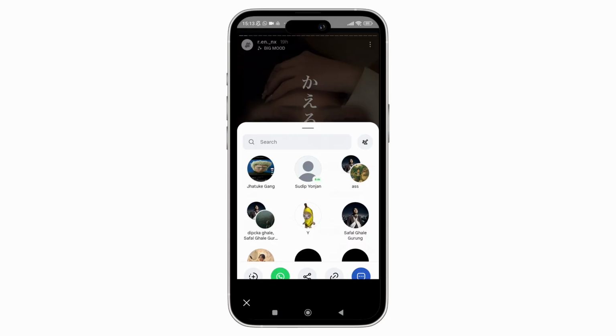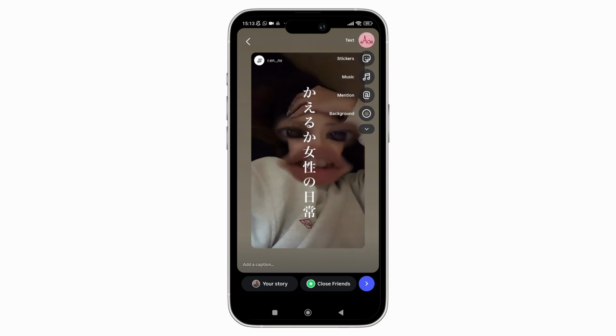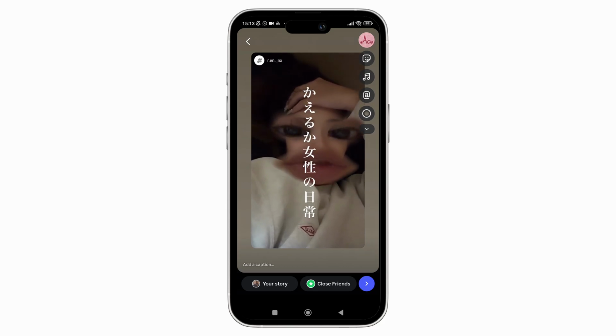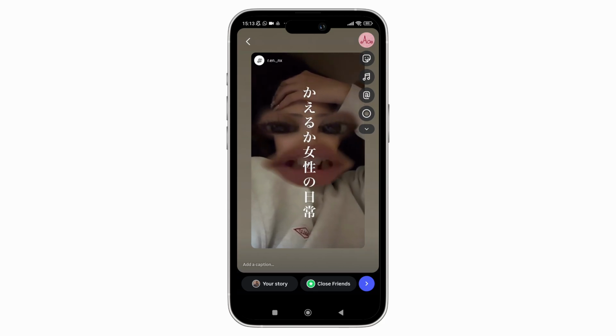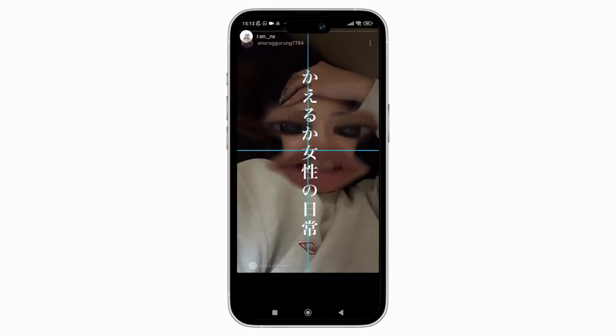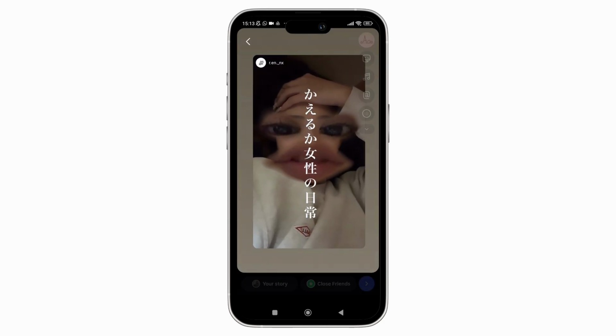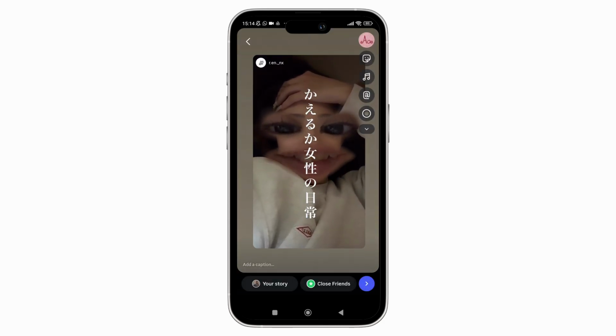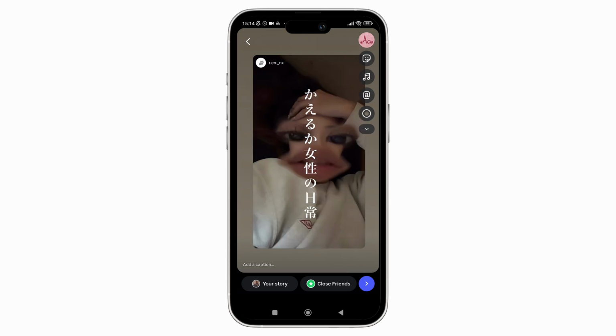With that, the story will now appear in the story editor where you can customize it by adding text, stickers, and other effects. If you want the story to fill the entire screen, you can just tap on it to resize it as well. And here, after making any changes you like, you can just tap on the arrow icon